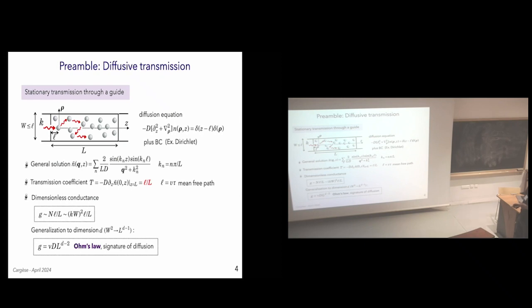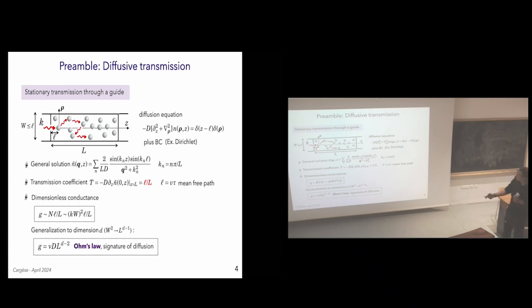I will very often in the rest of the lecture not work with the transmission coefficient but with another object which is called the dimensionless conductance. And for this particular waveguide geometry, the dimensionless conductance is essentially the transmission multiplied by capital N, the number of propagating transverse modes in the guide. And this number is proportional to the cross-section of the guide. And the interest of this relation and of this conductance is that you can easily formally generalize it to any dimension. So that's a waveguide geometry. It's called a quasi-1D geometry technically.